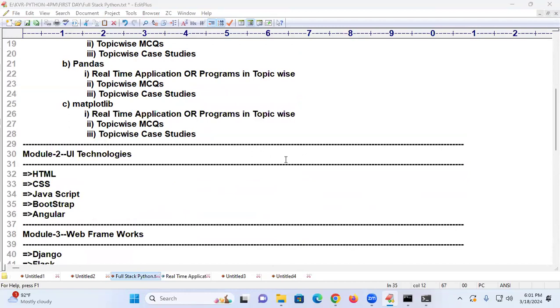Next, another student, Kumar Mohanty. Am I audible? Yes, audible. Please tell me. Sir, I'm a working professional in the investment banking domain with 7 years of experience, trying to switch my career into IT.